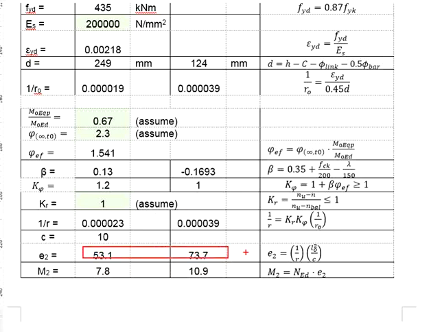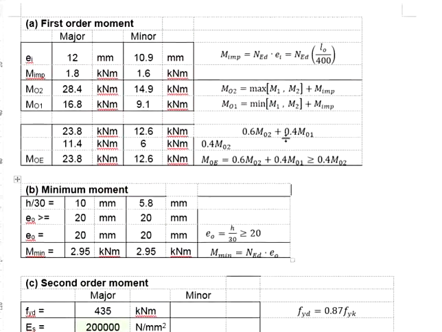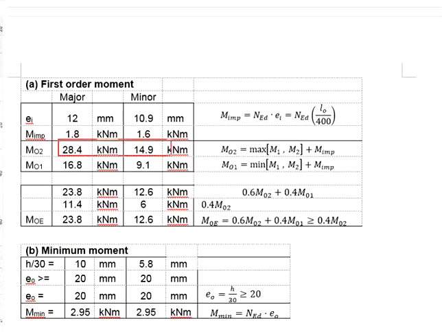Having the E2 calculated, multiply with 147.36 NED, you get the M2. You have one M2 for the major axis, another for the minor axis, and then you're going to apply them into the equations for the slender and unbraced column. From the equation here, you need to get M02, which are this value, one for the major, another for the minor,